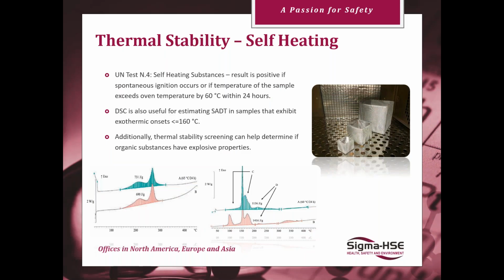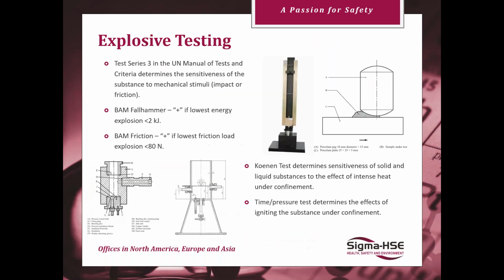It's also important to know that initial thermal screening tests, like the DSC, help to determine if a sample is potentially explosive or not, and that's based on the exothermic onset temperature and the energy of that decomposition. So typically, if the energy is greater than 500 joules per gram and the onset is less than 500 degrees, it's recommended to pursue further explosive testing. Which brings us on nicely to this slide, explosive testing,